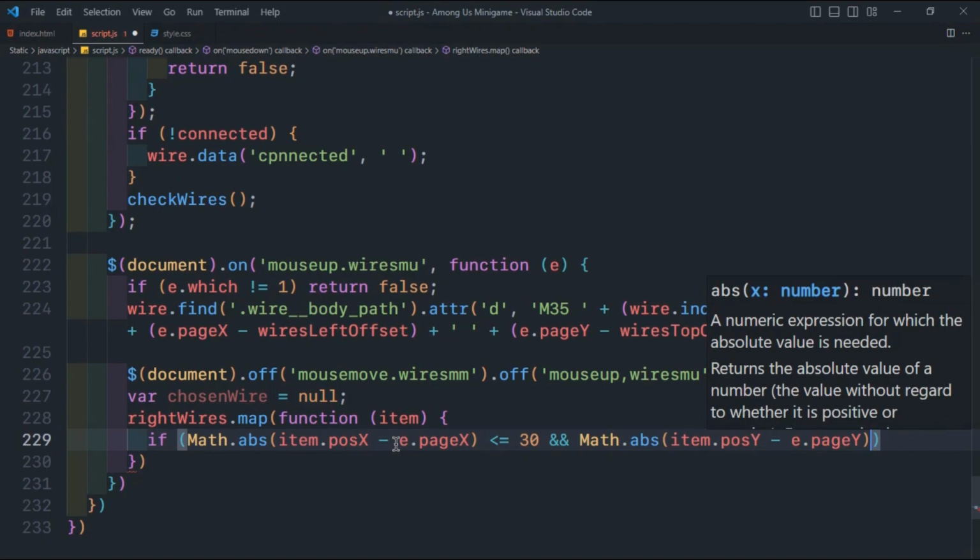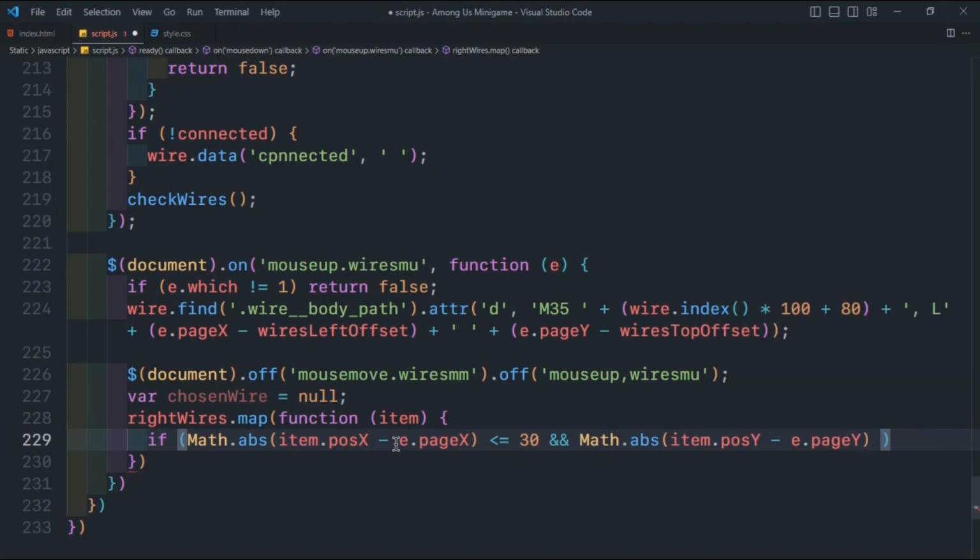This is e dot page y plus 50. This is 50. Now if this is 30, then